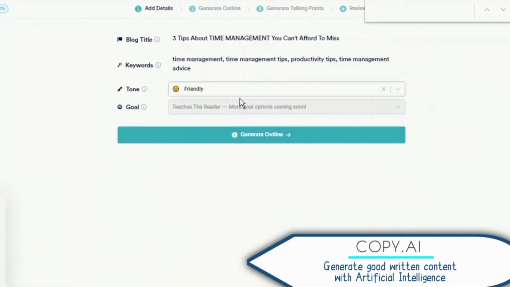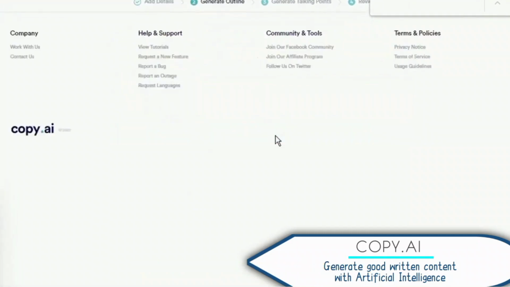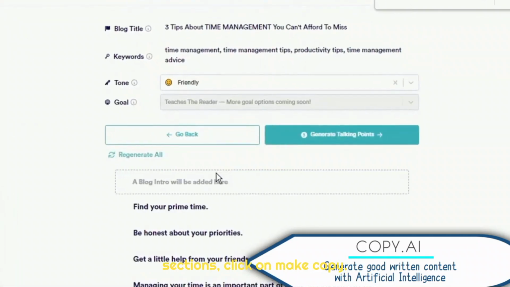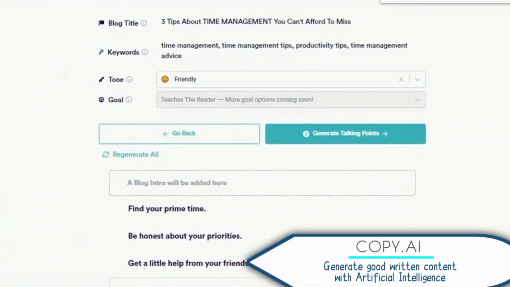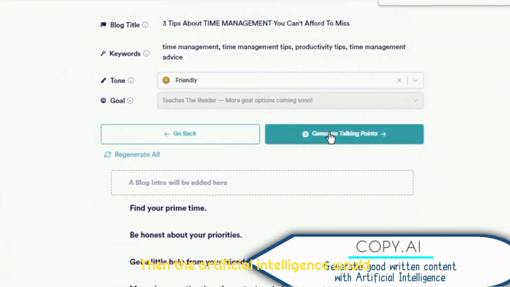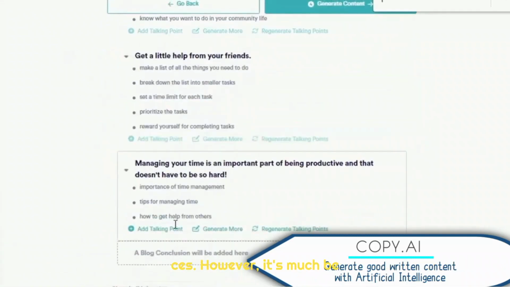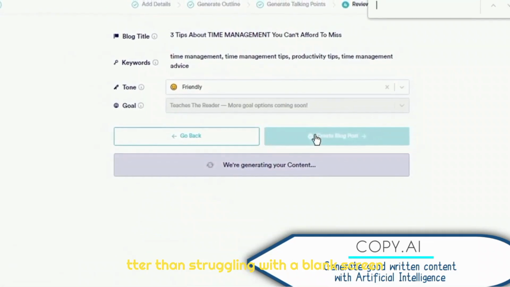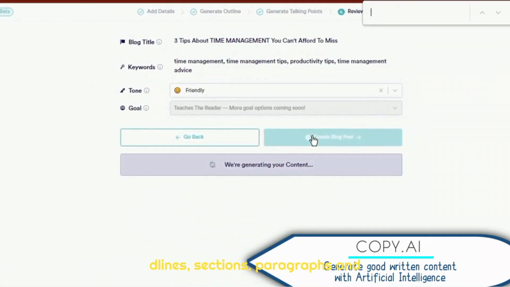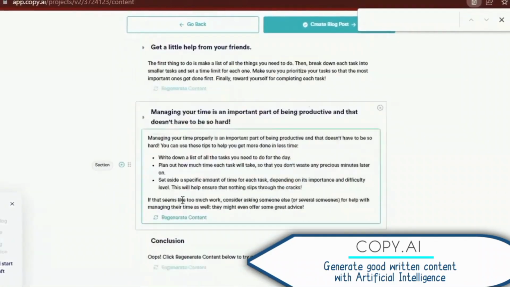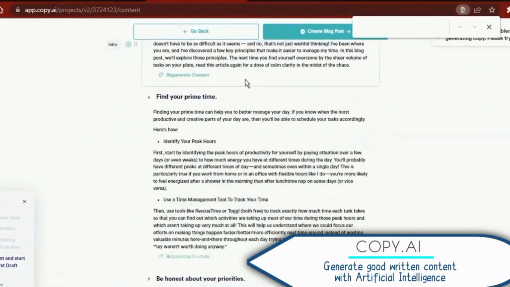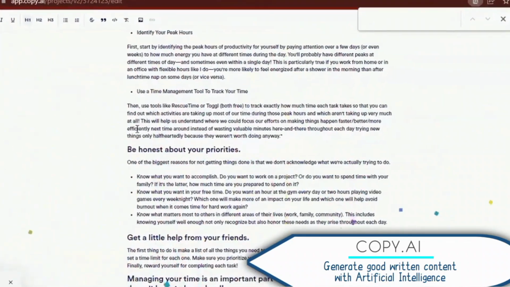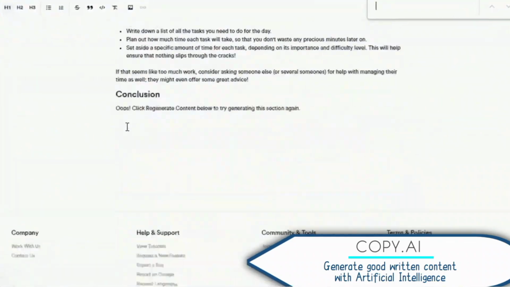Select the suitable tools for you and complete your article writing. After filling out the necessary sections, click on Make Copy. Then the artificial intelligence would provide 10 suggestions for 1 credit. Most suggestions won't be perfect, and you'll need to tweak a few words and sentences. However, it's much better than struggling with a blank screen and having to write headlines, sections, paragraphs, and other forms